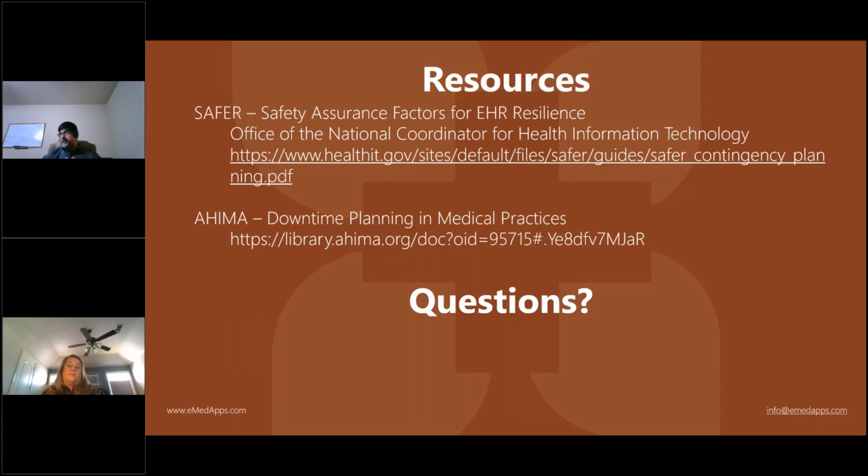They don't want the EHR to be offline. They don't want there to be a downtime. They want their entire EHR available to them. And that's not a reality in a downtime scenario. That may be a reality as part of your hot site or your disaster recovery plan, as we talked about. But the downtime is really focused on bridging the gap till I'm able to get back to that spot where I have that EHR completely available to me. And so make sure that your discussions are from that perspective.